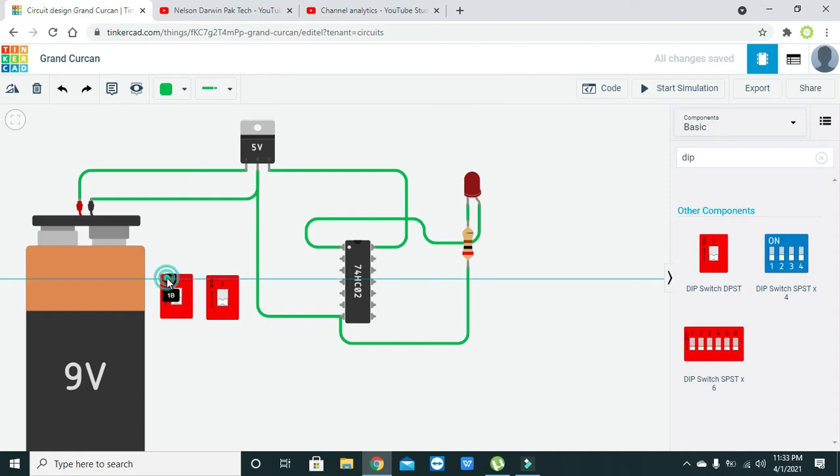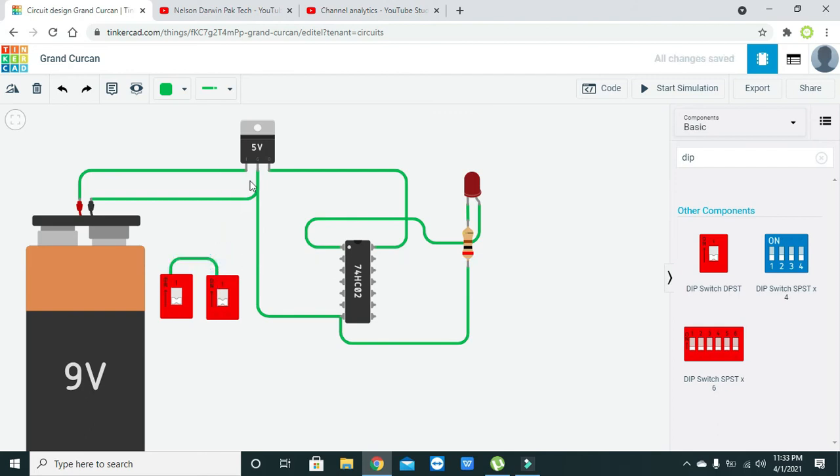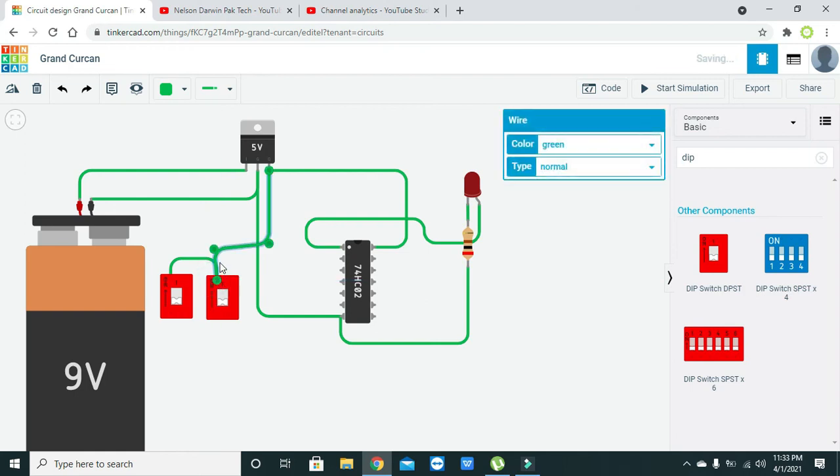Okay, now connect these terminals, the first 1B terminal of both the switches, with each other, and then connect the output of the voltage regulator with these connectors like this,